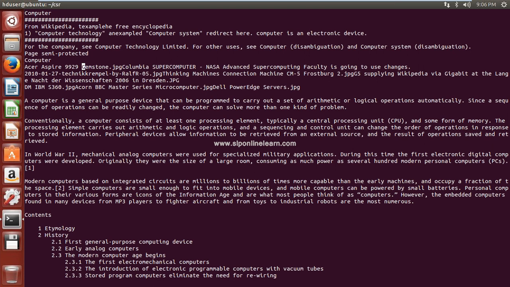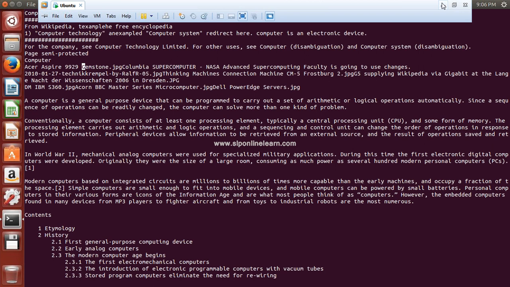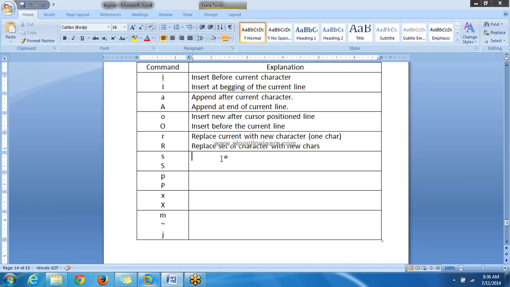Like other commands, we have small s and capital S. What is this small s? It will substitute the current character with the supplied text. This is the substitute command.